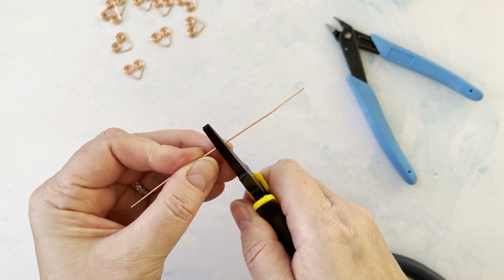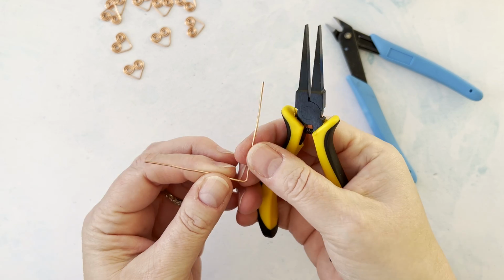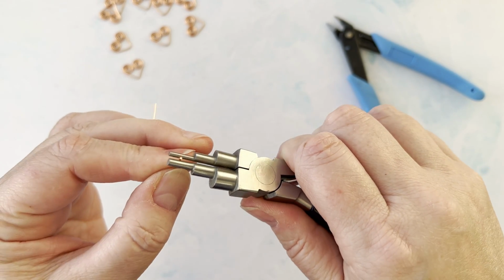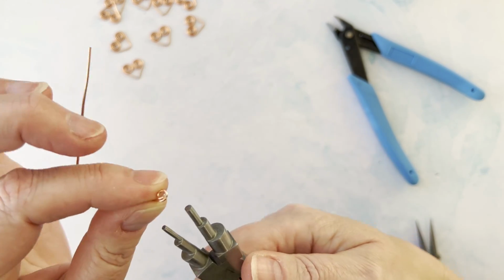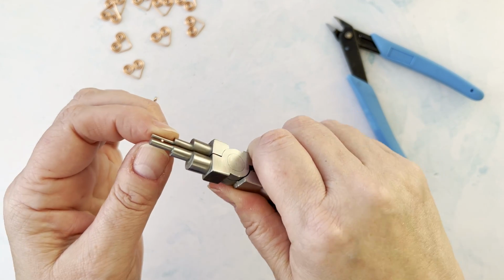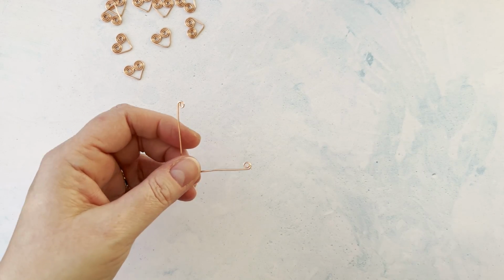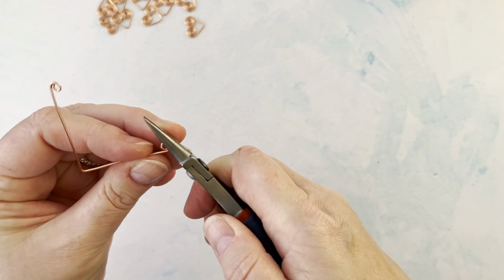Okay, so grasp just to the right of the mark and bend it to that kind of angle, okay? Come in with your small step on your plier around to start the coil, and then again on the other side around to make the coil. Okay, and then we come in with the chain nose, and with these thumb and forefinger,